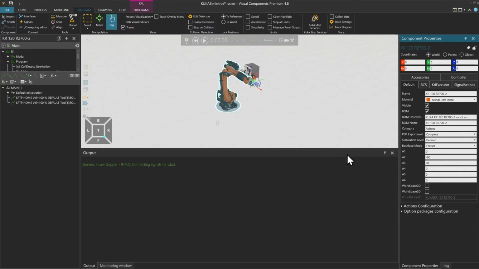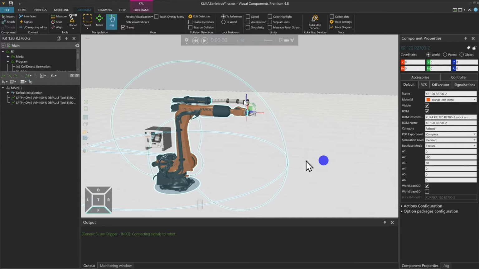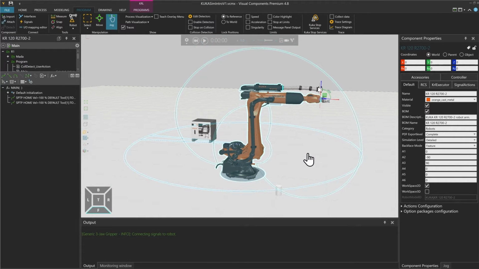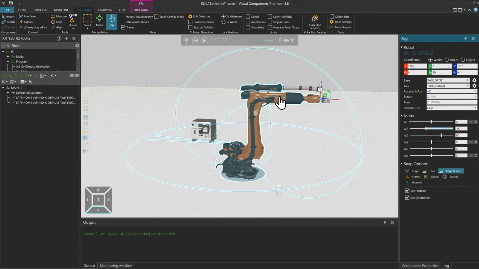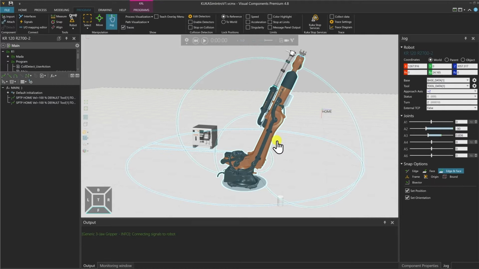But you can also add the 2D workspace. To showcase this, I'm going to reduce the output window again. And I'm just going to select here the 2D workspace. So there's a line shown where the robot reach is going to end. So if I go to the manipulation mode jog and click on my axis 3 and move the robot axis, you will see that this line ends on the wrist of the robot. Now we can follow up this line if we move axis 2.